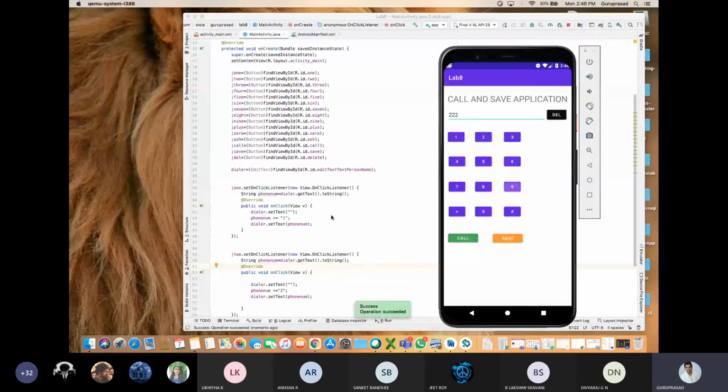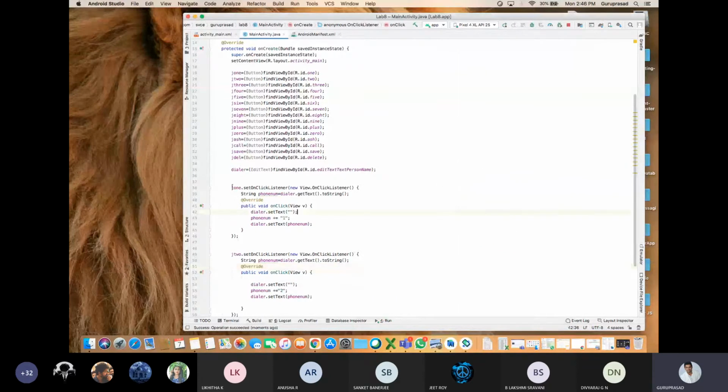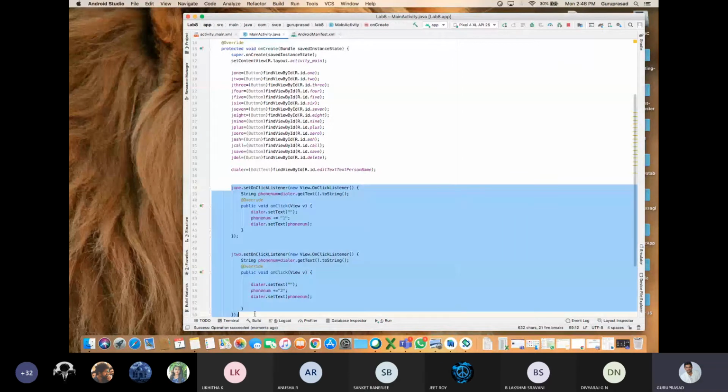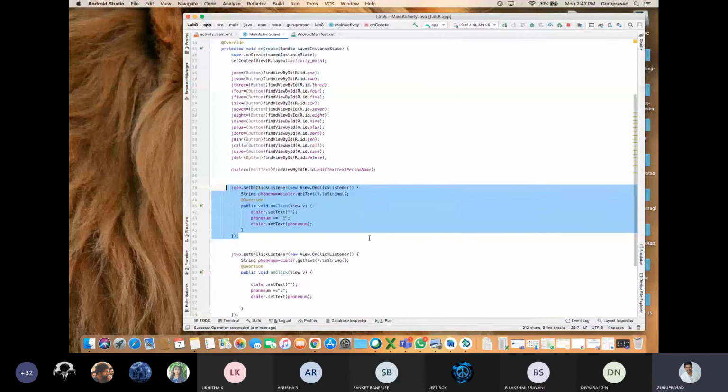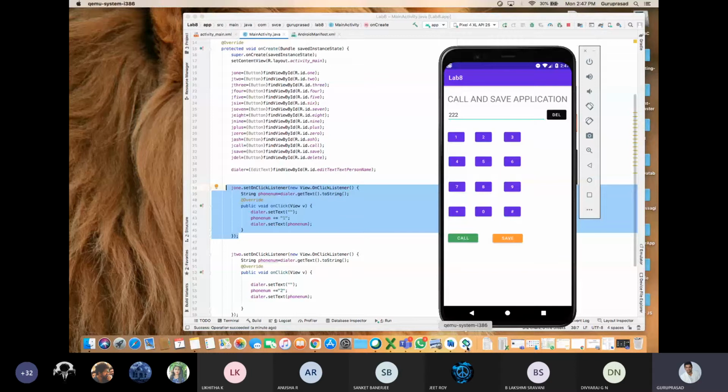It is not working. See, literally I have made a mistake to show you. If you are using separate buttons like this and run the program, 1 is set as the phone number. If you press 2, it is set as 2.